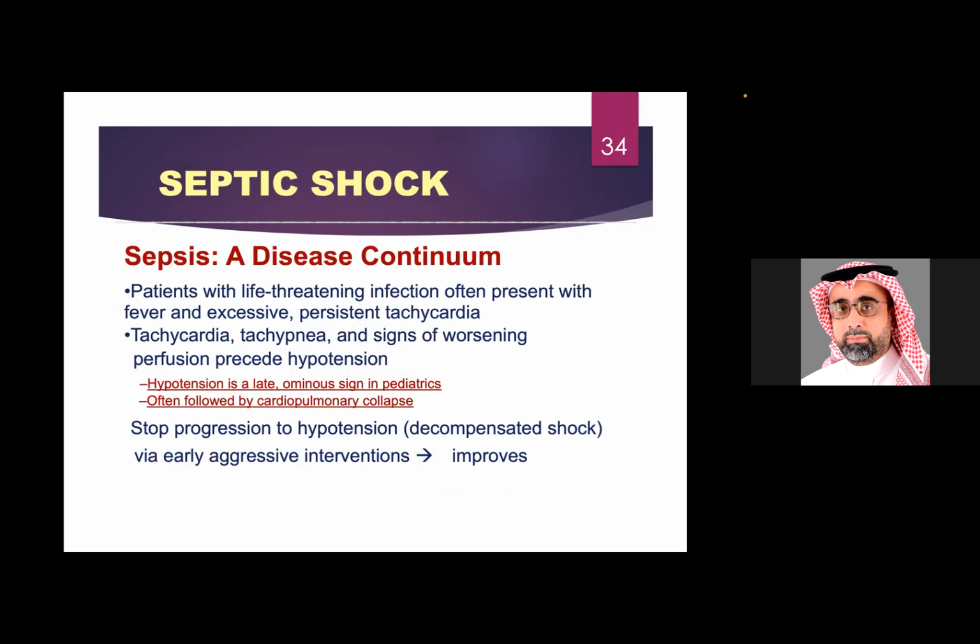If the sepsis continues, the patient will have a life-threatening infection, often presenting with fever and excessive or persistent tachycardia, or tachycardia with tachypnea and signs of worsening perfusion, proceeding to hypotension. Hypotension is a late, ominous sign in a pediatric patient, often followed by cardiopulmonary collapse or arrest. So what's the important thing? You have to stop the progression to hypotension or decompensated shock by early aggressive intervention and manage